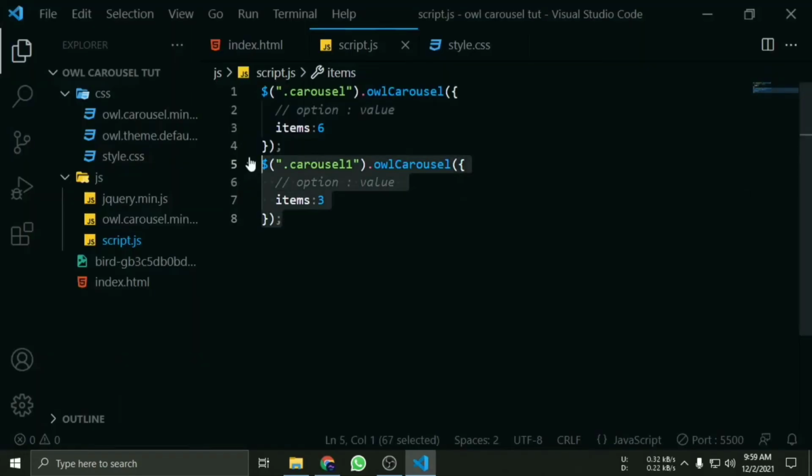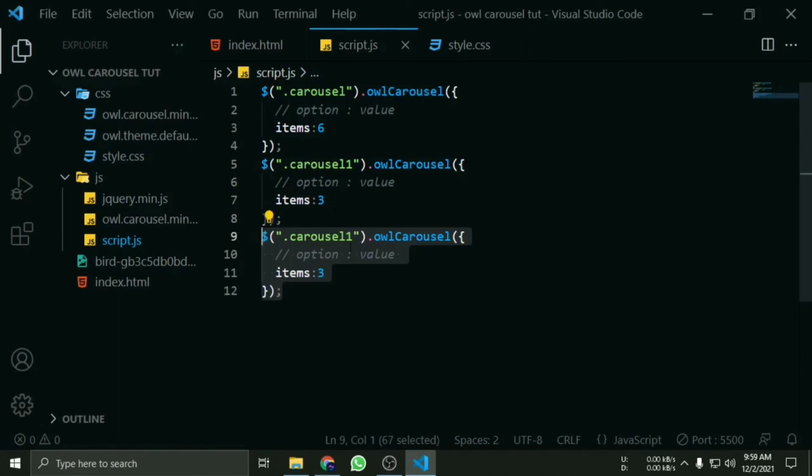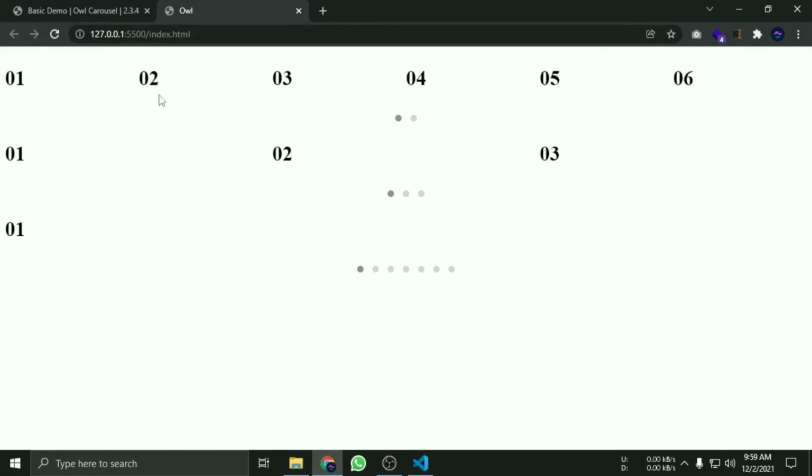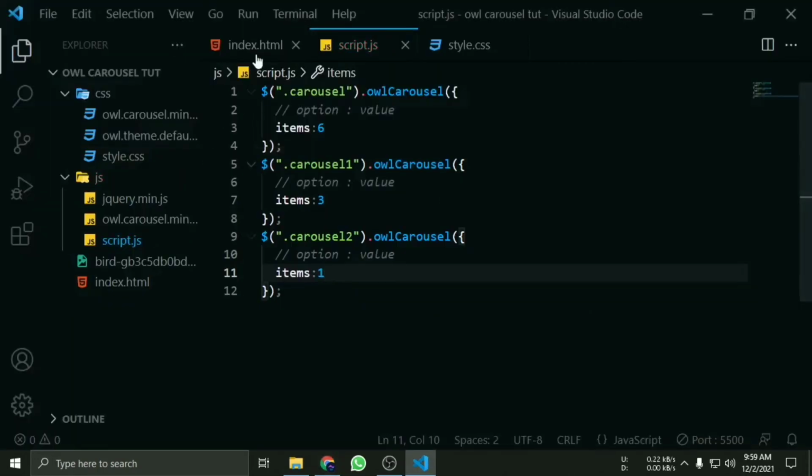And similarly if I add one more slide, inside that I just add 2, and in items I just add 1. So you will see in the first slide I am having 6 items, in the second I can see 3 at one time, and in the last I can see 1 slide at a time. So this type of customization is done using custom classes only.